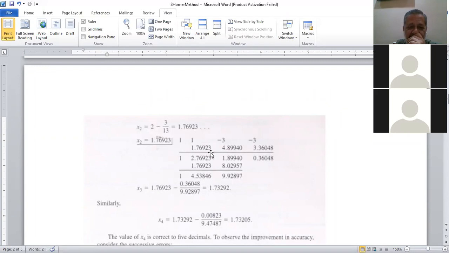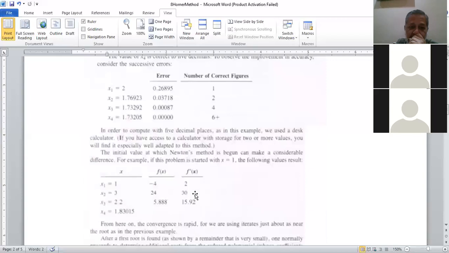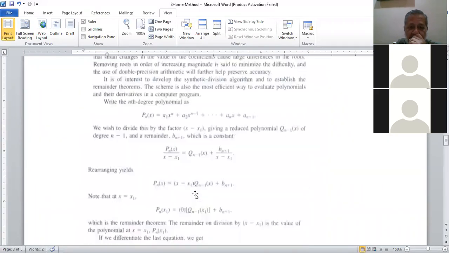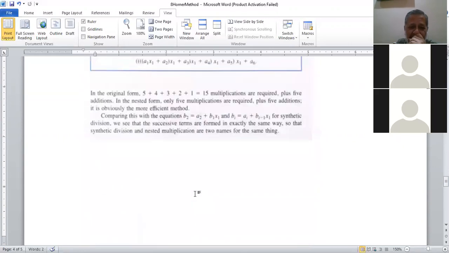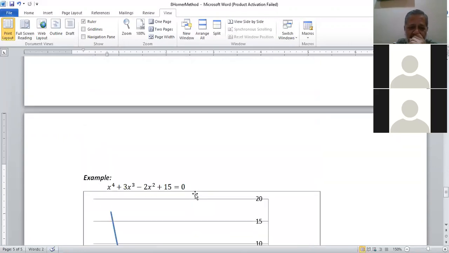For new value, another double synthetic division. First remainder is function value, second remainder is derivative value, and another step of Newton's method. This way, this method is a combination of polynomial division, polynomial synthetic division, double synthetic division to obtain function and derivative values, one step of Newton's method, then double synthetic division, and so on and so forth. The book explained an algorithm to be used to convert this whole thing into a program. I leave this as an optional,